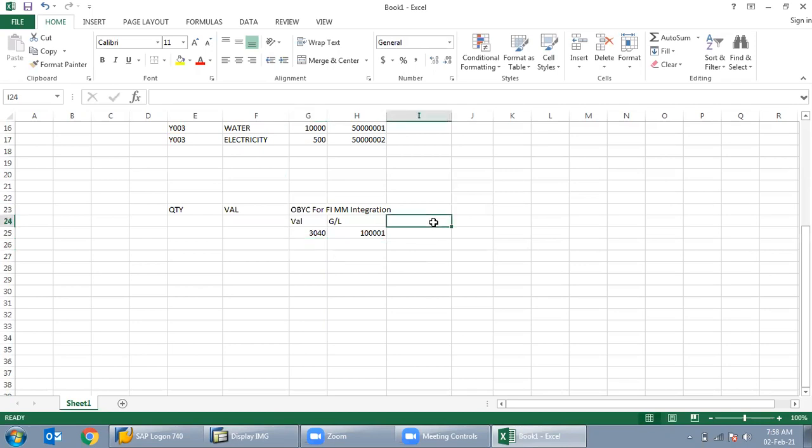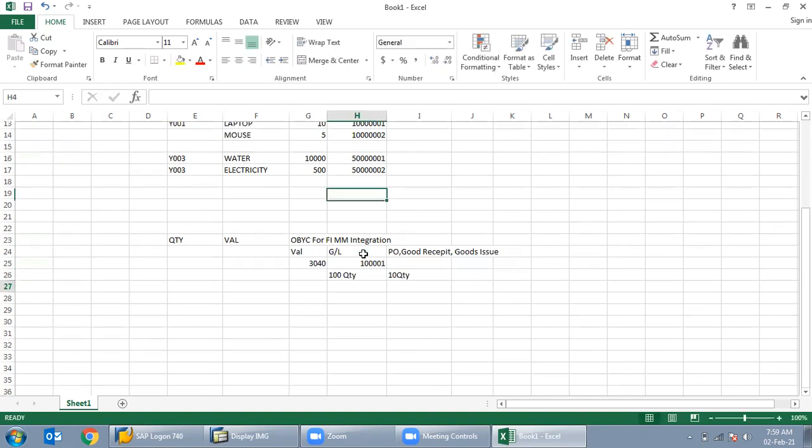So after doing PO, goods receipt, goods issue, that particular GL will update. Say it will be 100 quantity, and I issued 10 quantity.